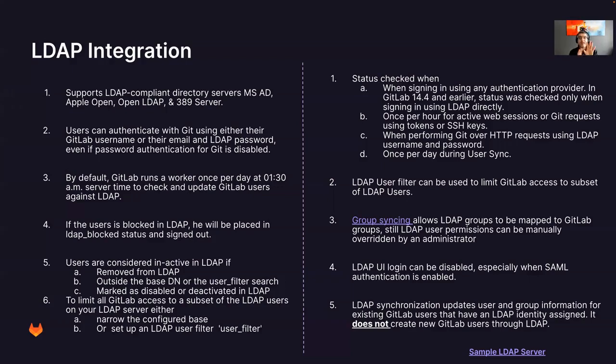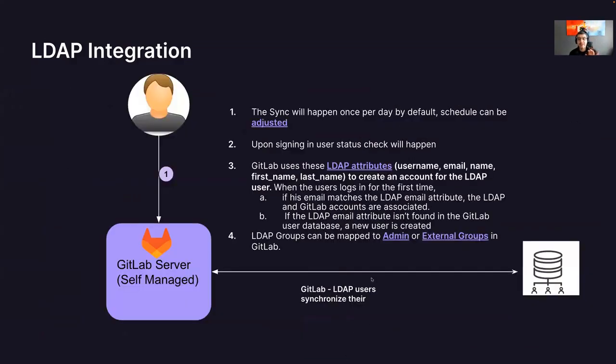So when we have LDAP synchronization between GitLab and LDAP, this synchronization will not create a new user by default in GitLab. The user will be created only if this user logs into GitLab through that LDAP authentication, and then he will be redirected to the authentication through the LDAP,